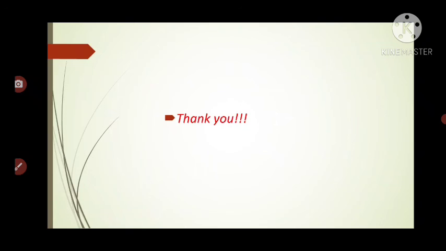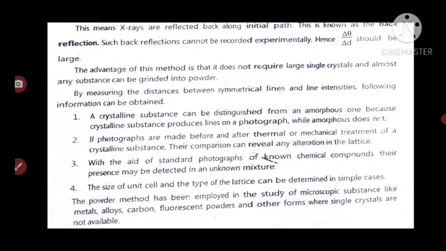In the next lecture we want to see the analysis of the cubic structure by the powder method, and an introduction to characterization techniques, because this chapter is divided into two main points: first the X-ray diffraction, and second the characterization technique. In the next lecture we will use the interplanar distance d_hkl, calculated according to n lambda by the Bragg diffraction condition, and the ratio of values, what the interplanar distance and the angle are, and what the ratio for the simple cubic structure is, which will be seen in the next lecture.